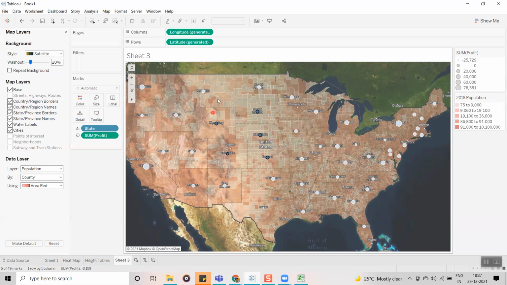After adding, now I want to see the cumulative sum of all these 3 states. For example, now I am going to select these 3 states. Now it is going to display the sum of profit, 3,268. It is going to sum up all these 3 states. This way, by using this option, you can select multiple data points.